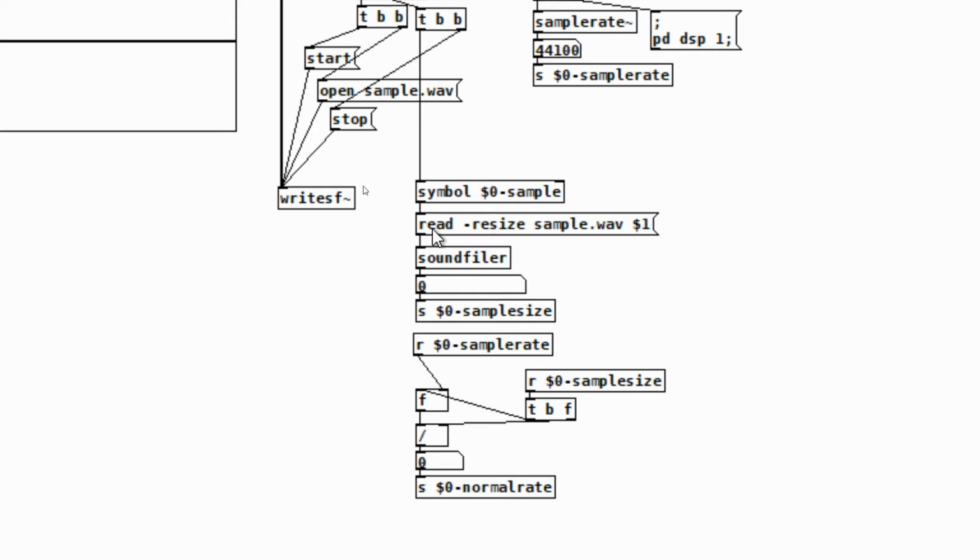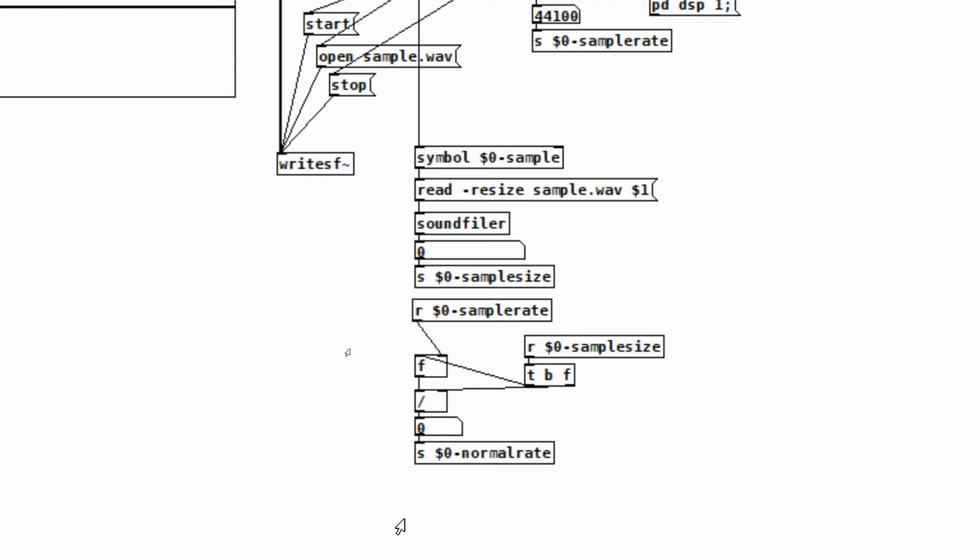So this command is saying, okay, read this file, sample.wave, resize the table to the size of samples in the file, and write it to this table, where the $1 is a variable that gets replaced by this symbol coming through, $0-sample, which is the name of our table. So it writes it to the table, and that's done by SoundFiler. And then SoundFiler outputs the number of samples that